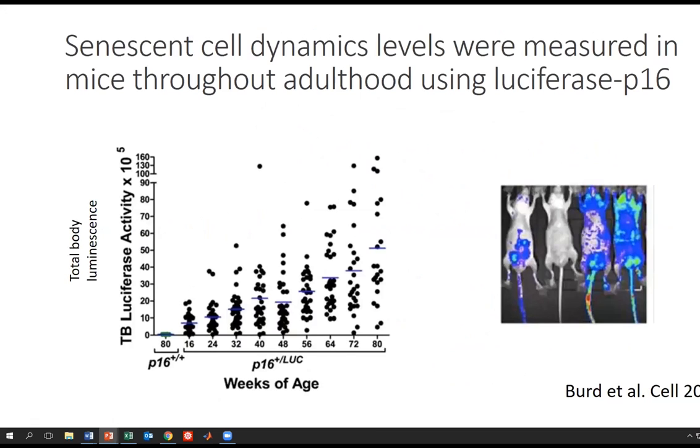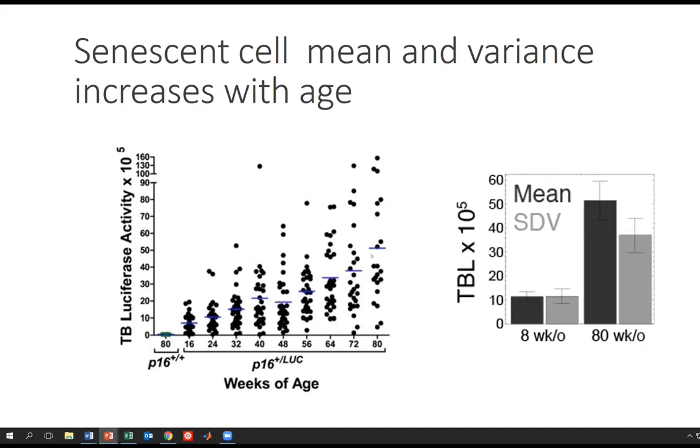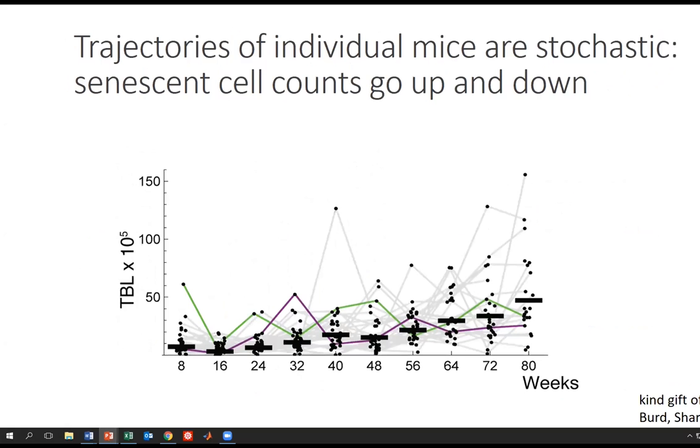To address that, we began with data from Bird et al., which had a luciferase assay for P16. So many of these cells, senescent cells, now emit light, to first approximation. These are 33 different mice. See, senescent cell luminescence goes up with age. This goes up until late middle age because of some technical problems. And we got from them the longitudinal data. So for each mouse, we could tell how many P16 positive cells, like senescent cells, there are. And you see, senescent cells go up and down more than the experimental noise.